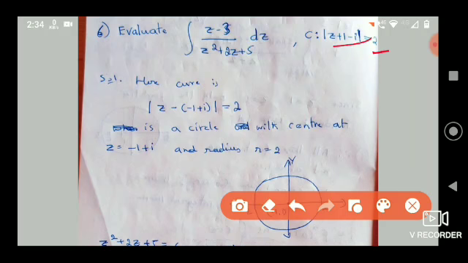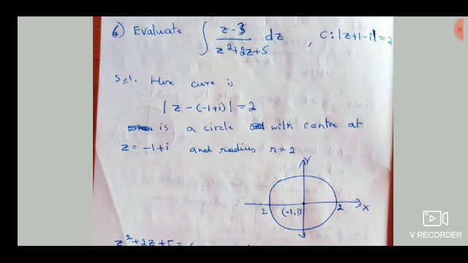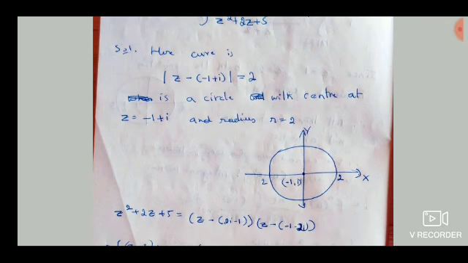We'll check that. Here the curve is z minus of minus 1, so we usually write z minus something and this will be the point, right? So z minus of minus 1 plus i is equal to 2. So this minus 1 plus i is the center. The center at minus 1 plus i. Don't confuse, don't take this plus 1 minus i as center. It's not plus 1 minus i. You have to take minus of. So minus 1 plus i is the center here.